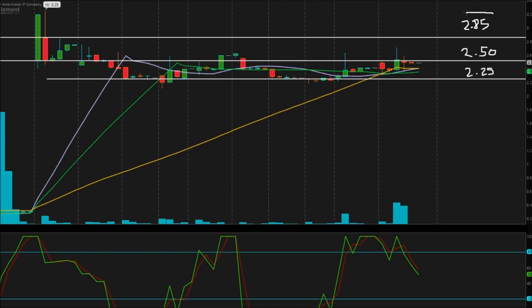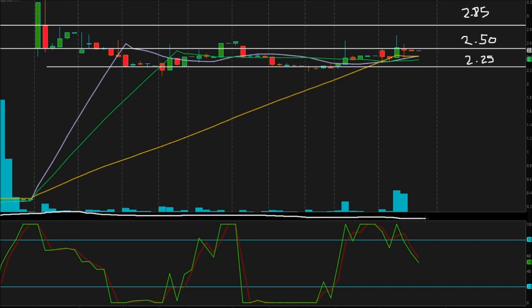Three main points to take a look at here on the right. $2.85, that top pivot point. Middle pivot point, $2.50. Bottom pivot point, $2.25. Now down here at the bottom is the relative strength index, but it is a little funky, and